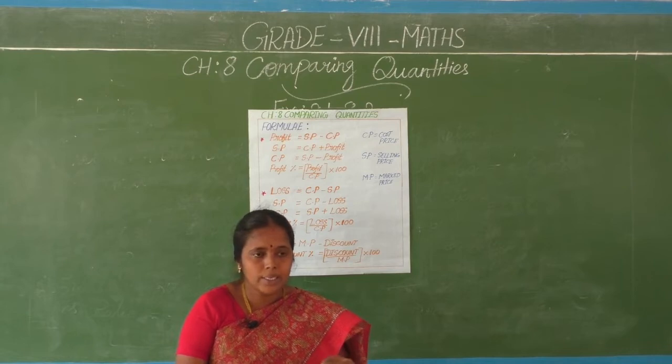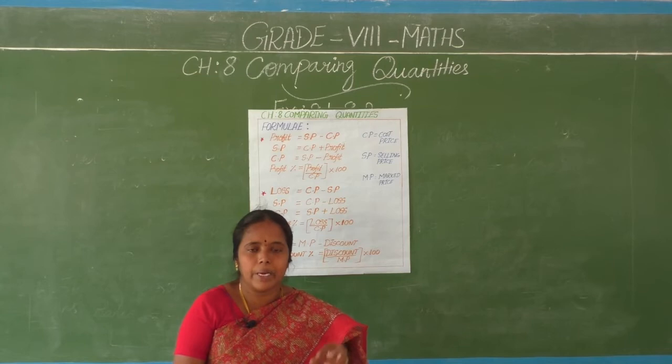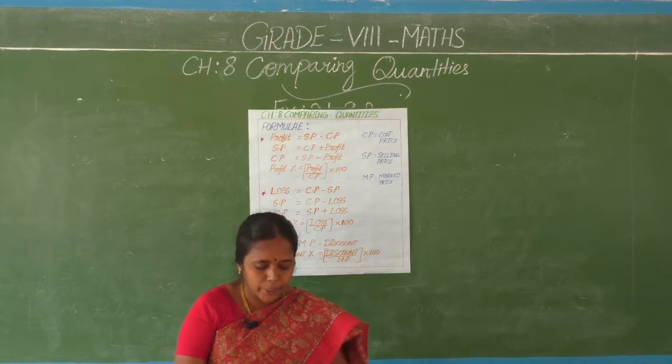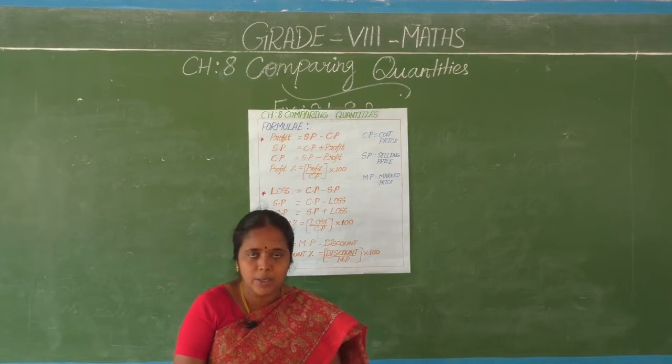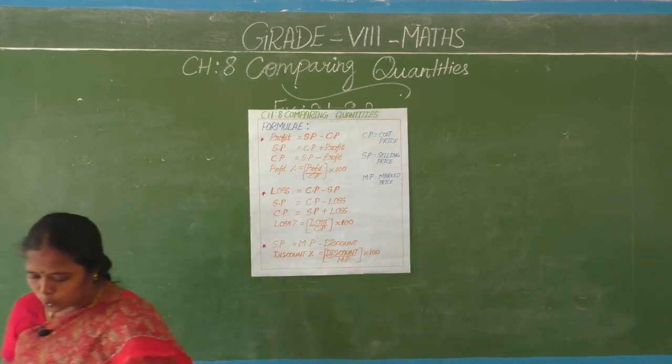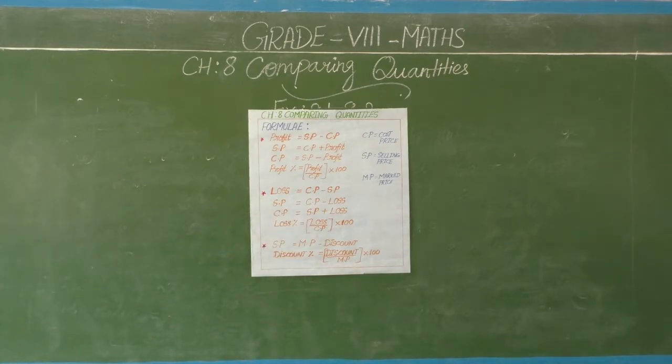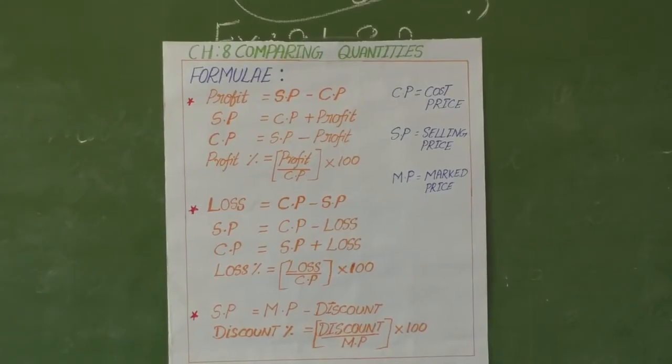Clear? What are those? See, profit, loss, discount. Mainly this we are going to see here. Sales tax, VAT, all these are new things. Okay, we are going to see. Related to this, some formulas you have learnt last year. Yes or no? That we are going to see now one time. Okay, what are the formulas you have learnt in 7th standard? See, what are the formulas you have seen in the last year?